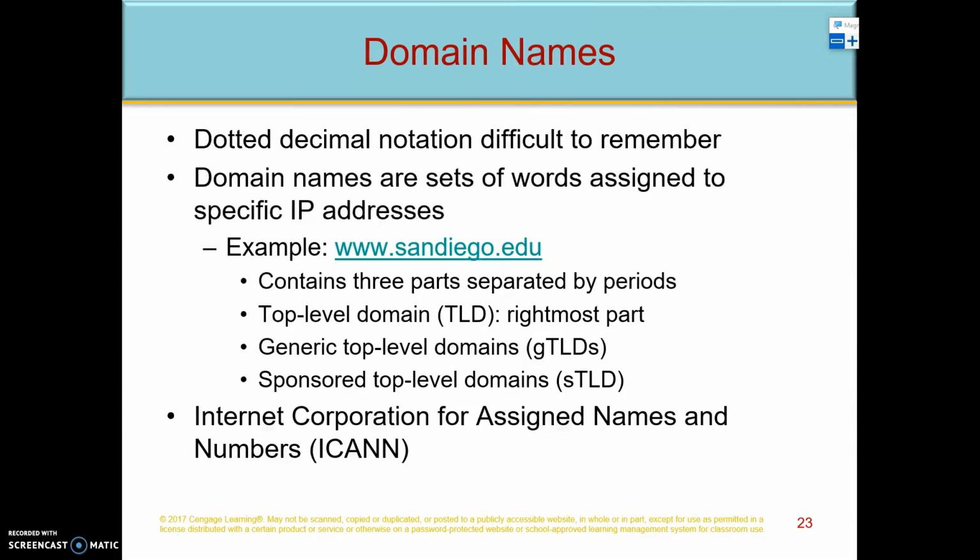And then the sandiego, that's considered the domain name, and the .edu is actually the top level domain. These are assigned by an institution called ICANN, which is the Internet Corporation for Assigned Names and Numbers. But these translate into IP addresses. So again, we type in sandiego.edu, and the computer says, oh, that goes to 214.whatever.